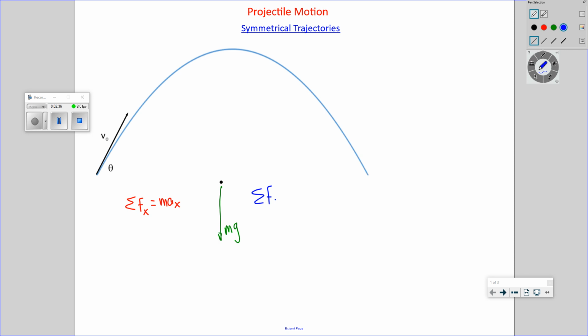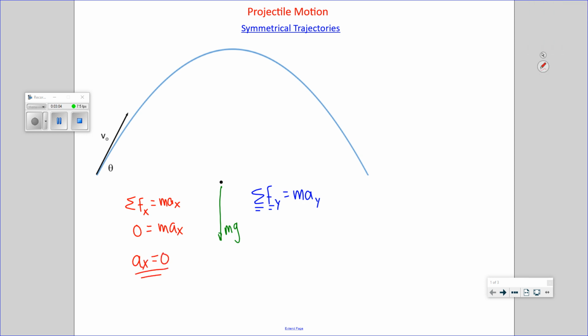How hard something is pushed, as a combination of all the forces acting on it, the sum of all the forces, the size of that combination dictates how fast the object accelerates vertically. So, if we look at our free body diagram here, there are no forces in the x direction. The object's mass isn't zero, so that says that this object has a horizontal acceleration of 0, or, massively important, v in the x direction is constant